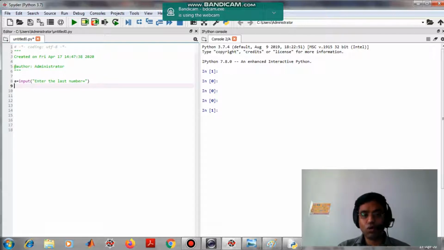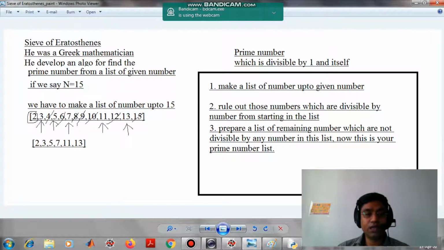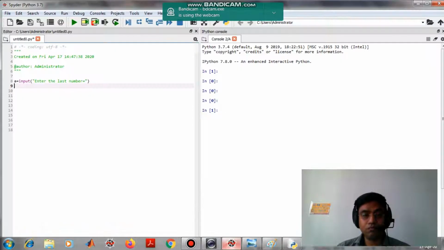Since we know the input command can take only the string data type, but the number up to which we want to generate the list, as we have seen in the last tutorial, must be of integer type.